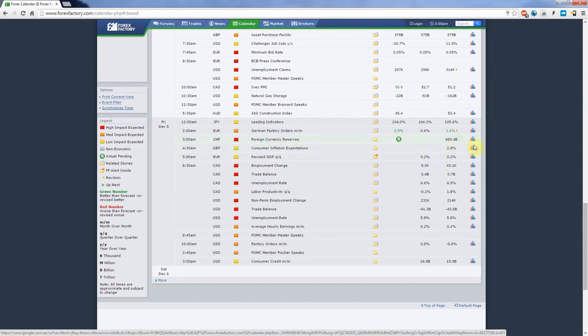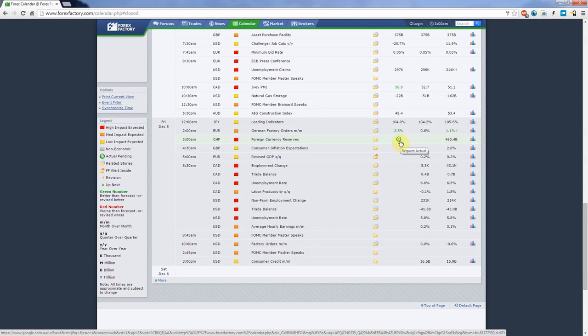As you can see, the previous value was 460.4 billion. There's no expected value. Sometimes there's nothing that they can specify here, and in order to find out the current value, you just have to click this refresh button,